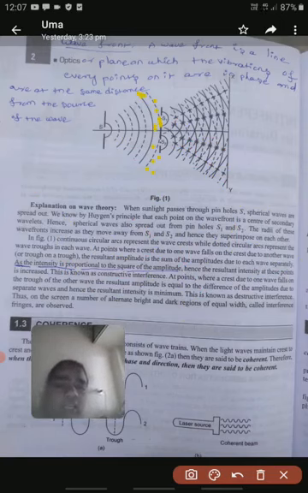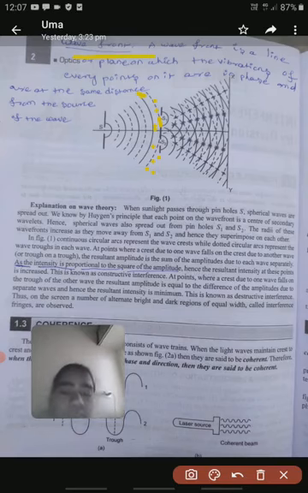Okay, we should know the meaning of wavefront. Once again, a wavefront is nothing but something we can represent with a line or plane. The vibrations at the points on it are in phase, and it behaves like a source. This wavefront also produces waves, the wavelets. So this is the meaning of a wavefront.